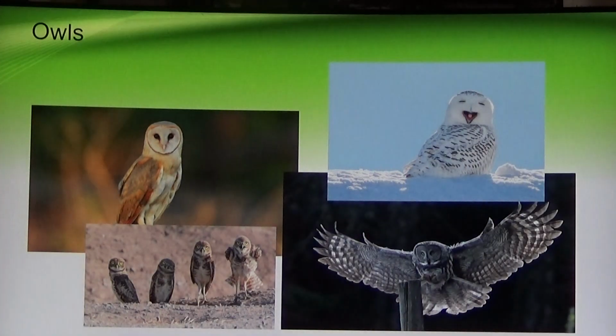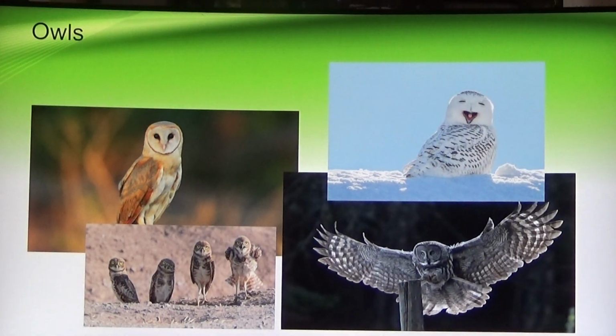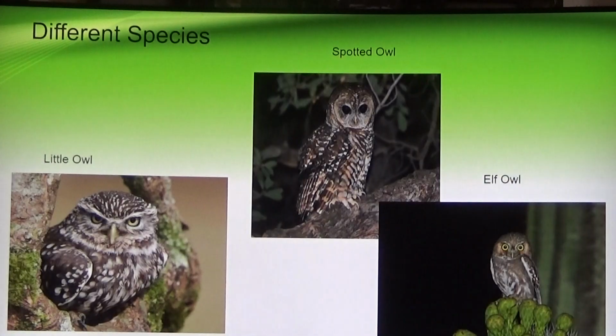So, here are 4 different species of owls. On the upper left is a barn owl. On the bottom left are 4 burrowing owls. On the upper right is a snowy owl, and on the bottom right is a great gray owl. Now, here's another slide of other different species: a little owl, a spotted owl, and an elf owl. And you could probably notice